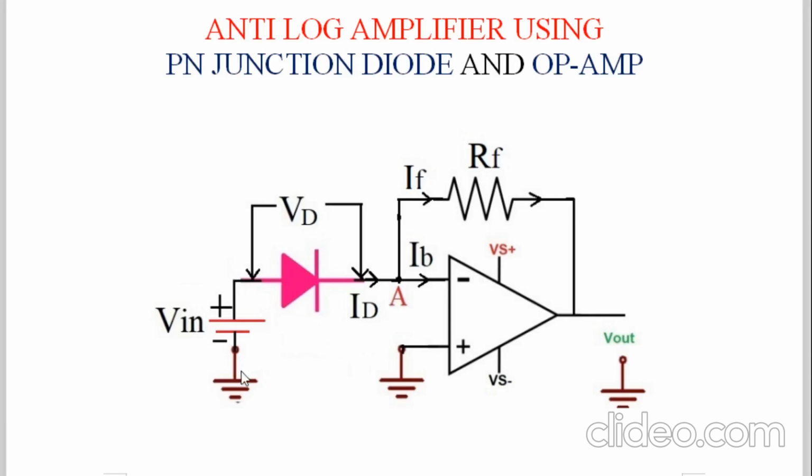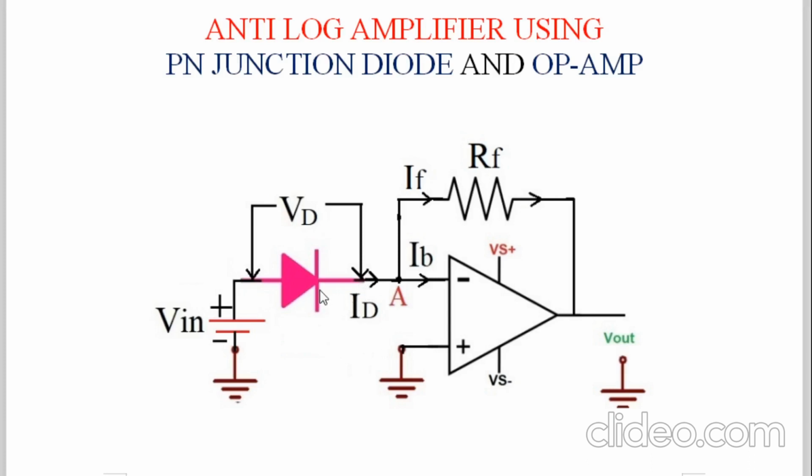Here you have to write everything very clearly so that it becomes very simple to derive the output. So Vin is the input DC voltage, with plus and minus marks, applied to the PN junction diode. Show that the voltage is measured across the diode, that is Vd. The voltage across the diode is the potential difference between the left-hand point, that is the anode, and the right-hand point, that is the cathode. So it is very simple.